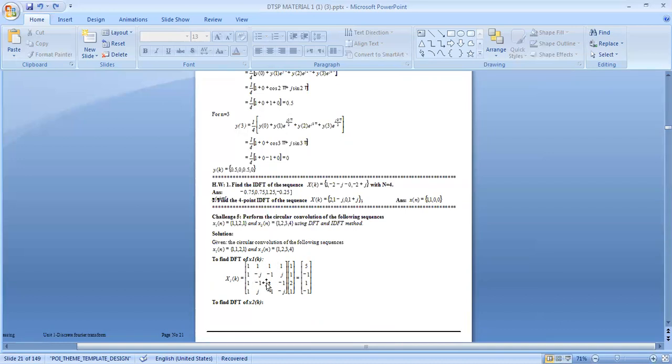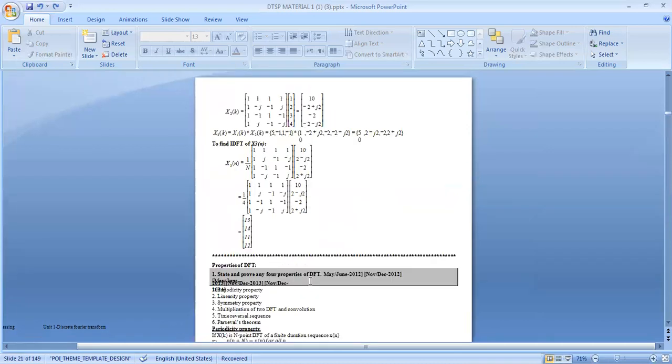Similarly, when you proceed for the second row, what will we get over here? 1 minus j minus 2 plus j. So obviously plus j and minus j will get cancelled. Minus 2 plus 1 will give minus 1. When you proceed for the third one, what will we get? 1 minus 1, 2 minus 1. Obviously we will get a plus value. And the last one, 1 plus j and then minus 2 minus j. So again the same factor, so this will be minus 1. Similarly, you have to proceed for x2 of k. What is x2 of k?